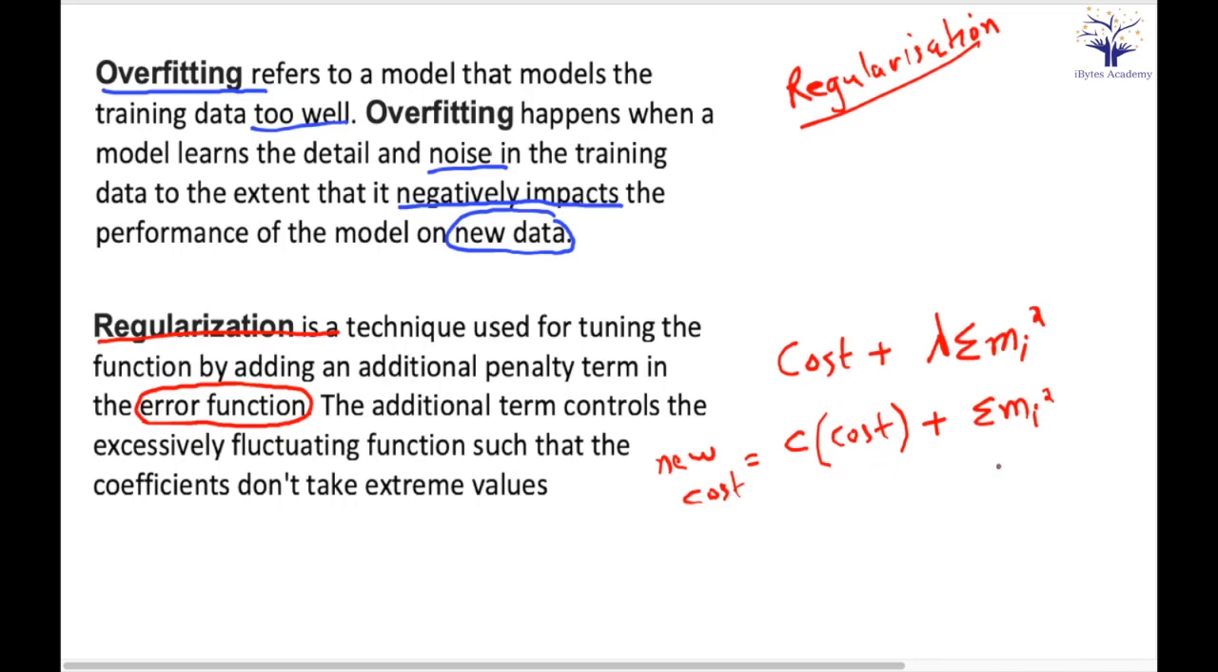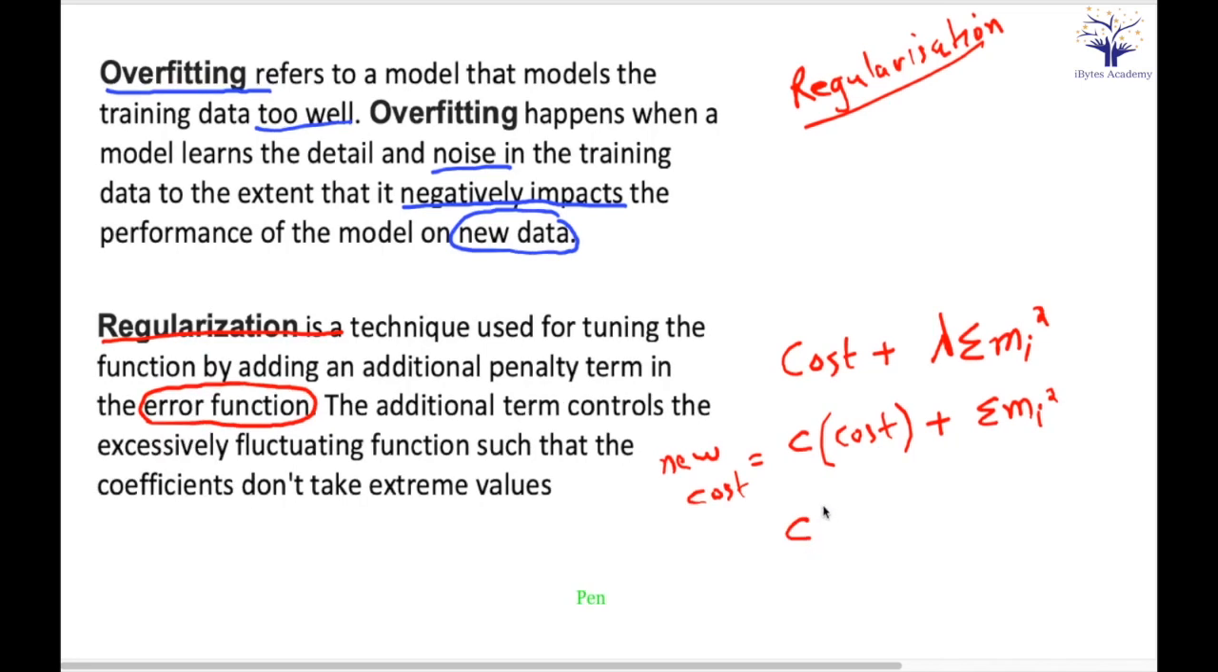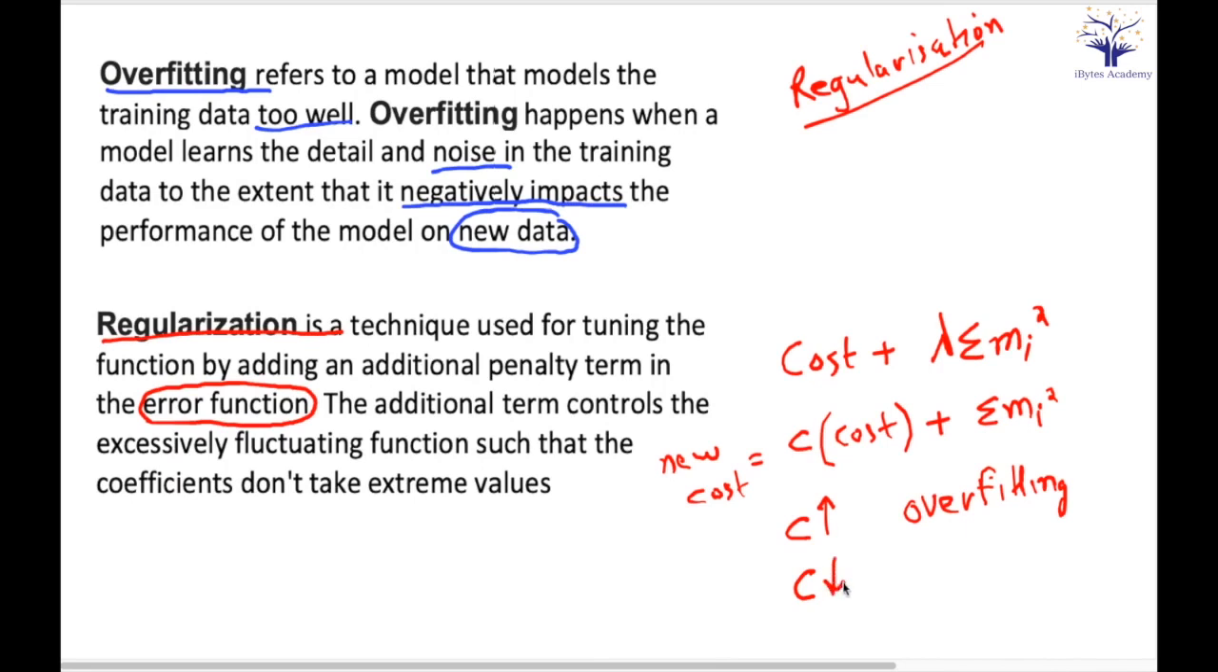Right? Okay. So if C is higher, it would mean that even a small training error would be multiplied by a big value and give higher cost, right? So we would want our cost due to training error to be as low as possible. Hence, we will try to do overfitting in this case, right? If C is lower, that means a few extra training errors won't impact my cost that much, right? It won't impact my new cost that much, so I can go for regularization,